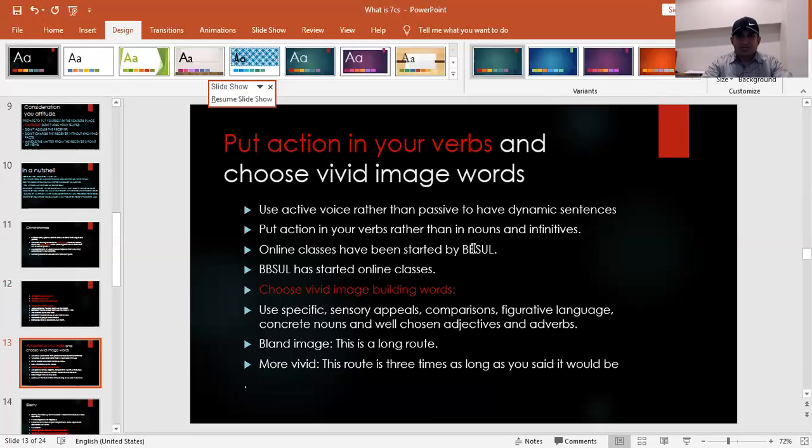कि किसने क्या क्या काम किया। ठीक है, so put action in your words rather than in nouns or imperatives। जब आप एक्शन वर्ड इस्तेमाल करते हैं, ठीक है, तो वो ज़्यादा बेहतर होते हैं बजाय नाउन या इम्पेरेटिव के। ऑनलाइन क्लासेस हैव बीन स्टार्टेड बाय BBSULK। तो ये एक अच्छी इमेज है कि हाँ स्टार्ट की गई है।